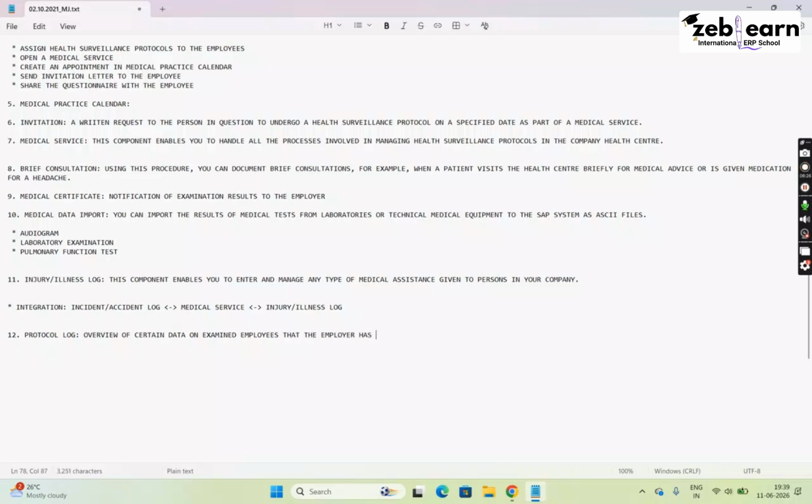That the employer has to keep on record. Overview of certain data on examined employees that the employer has to keep on record. It means if you have worked in any industry, or especially if you have worked closely with the HR department,